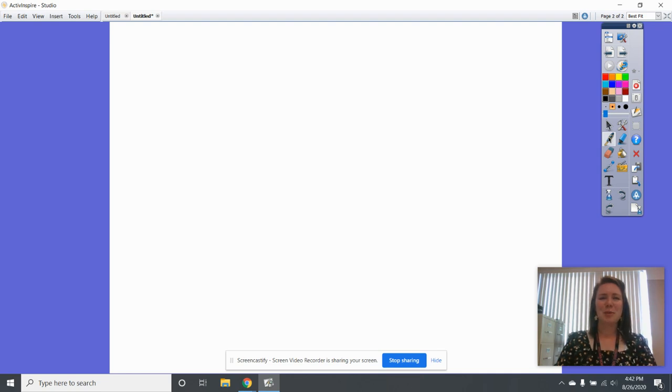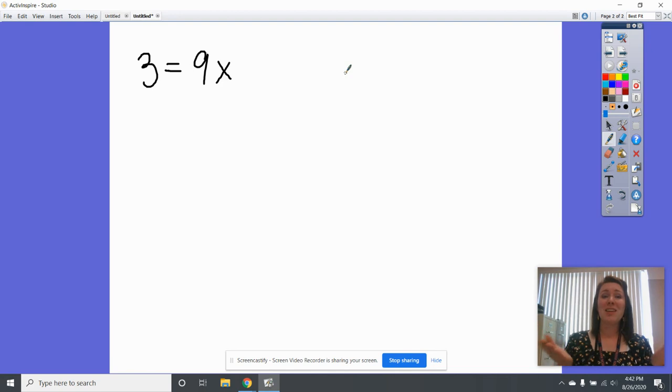Hi, today we're going to learn about solving one-step equations. So a one-step equation is an equation that can be solved by doing only one thing. For example, if we have the equation 3 equals 9x, well, there's only one thing that we have to do